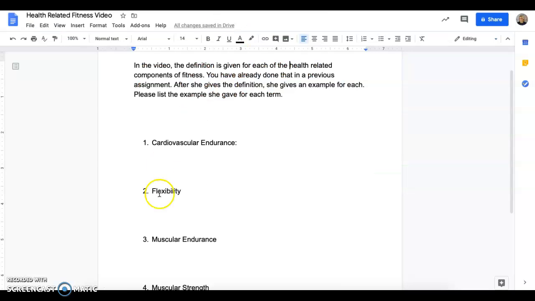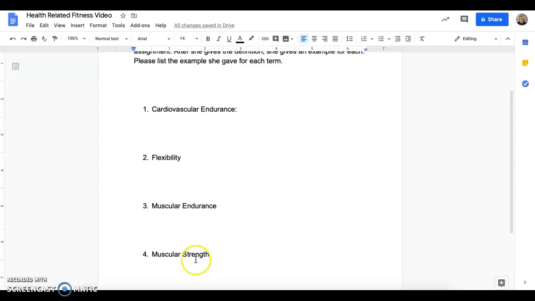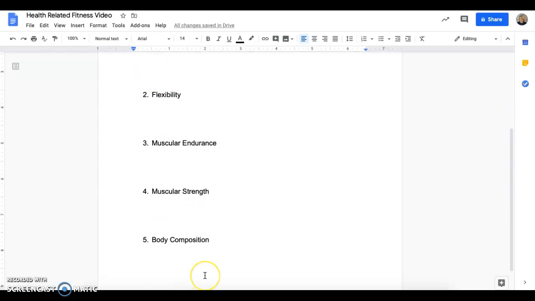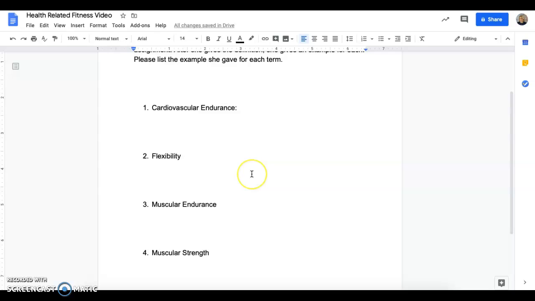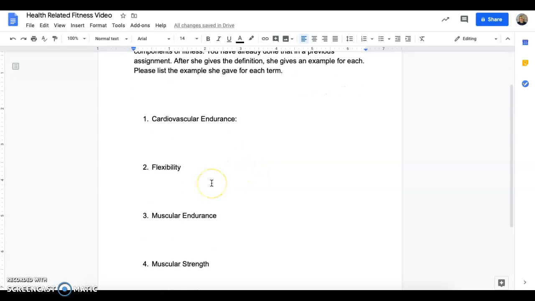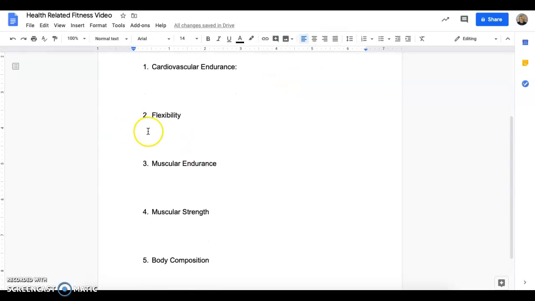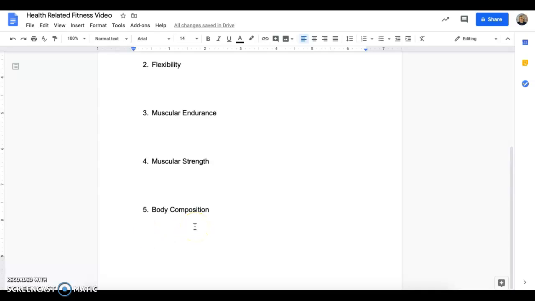So for each term, I want you to write the example she gives. One, I know that you watched the video, and it's going to let me know that you guys fully grasp the concept of what each of these terms are. So she's going to go through all 5, and she'll say, I increase my flexibility by, and she'll do it for each term. And then at the bottom, for body composition, she'll say she maintains a healthy body composition by